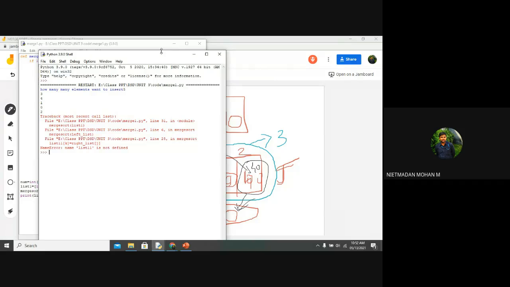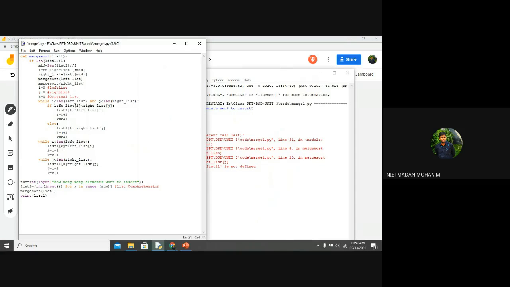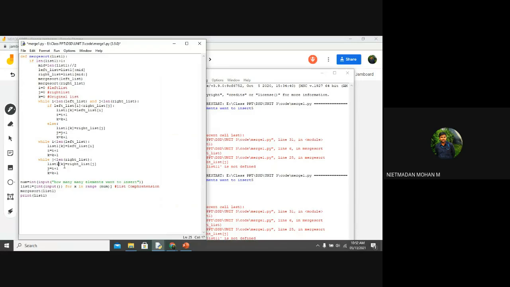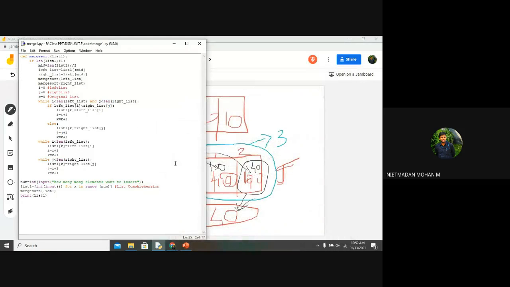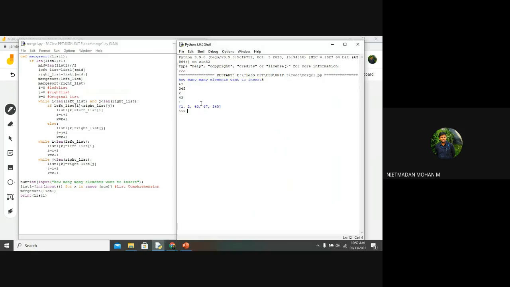Left list 1 of k. Then see, the same output will come. The sorted elements, that is the output.